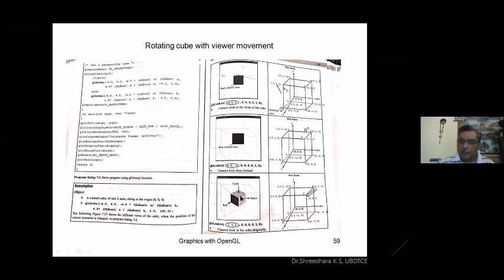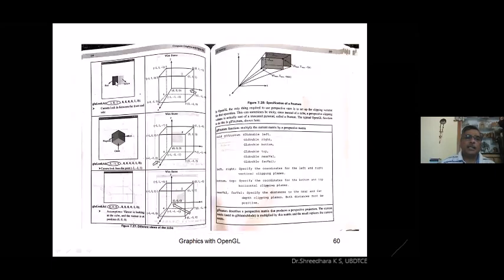Similarly, whenever positions are changed, when it becomes 1, 0, 1, you can see that the cube looks like two small rectangles. If the same cube is observed from the ground, that is from the bottom side, then the values of the first three parameters will be -1, -1, 1.